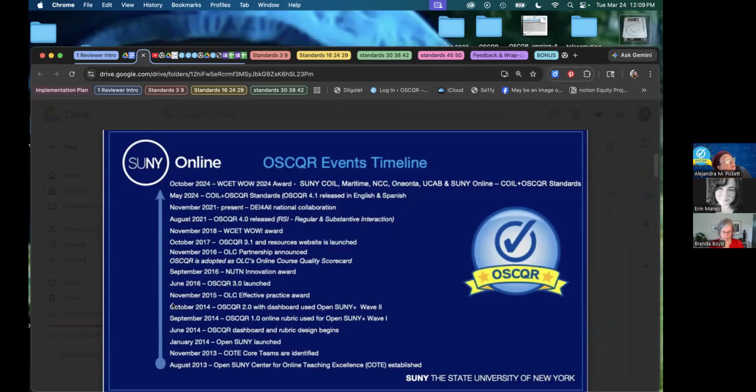We had used our own sort of internally designed rubric for many, many years. We then adopted Quality Matters and used Quality Matters for many, many years. We all got trained, and we trained faculty, and that rubric is an amazing rubric.